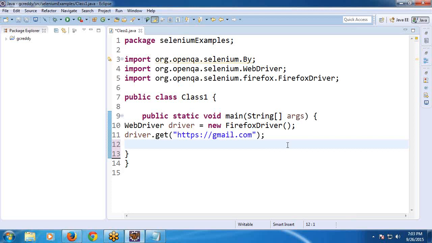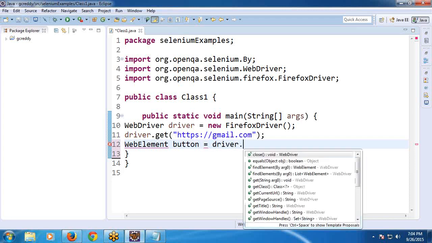Already we discussed. Web element. You can use your own name, any meaningful name, suppose button. WebElement button equal to driver dot